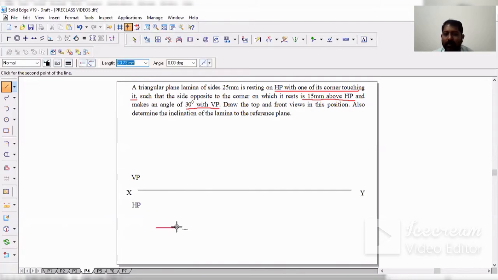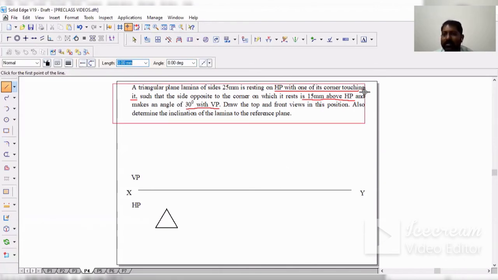Initially, I'll select one point, then leave the mouse button. Length of the triangle is 25 mm. Angle is initially 0. Then again 25 mm, angle is 120, external angle 120. Again 25 mm length, angle is minus 120. This is an equilateral triangular lamina.